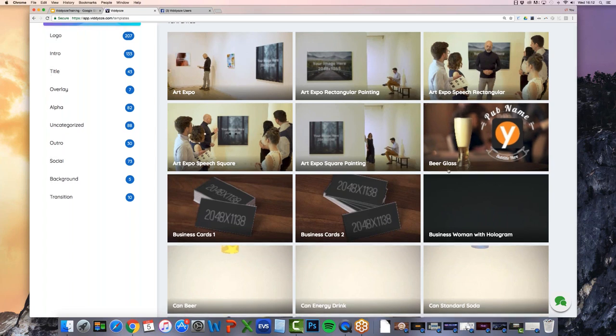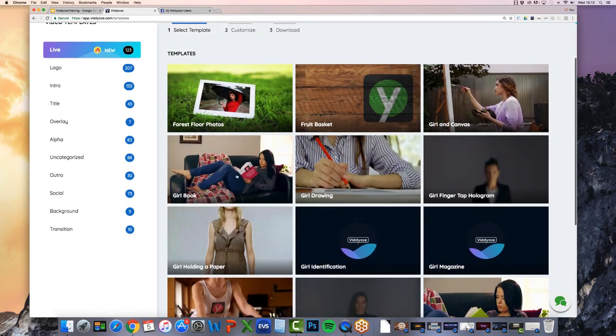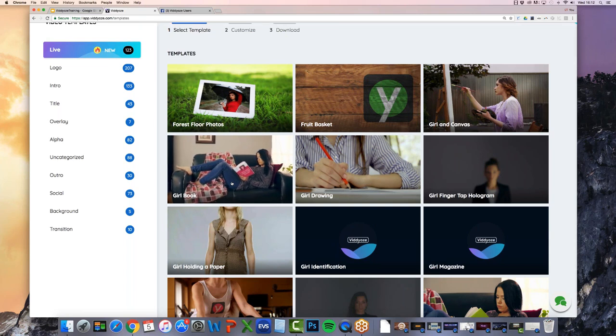The same goes with, you might be doing a video for, I don't know, an app company that wants to promote their app, or you may have an app you want to promote, and you can use some of the templates such as, put your images and the app images onto the actual laptop here, or we've got phone ones, we've got all sorts of stuff as we go through here. You might have a book you want to promote, or you might have a client that has a book. You can use templates to make it look like this particular lady here is reading your client's book or your book. And you can splice these into your videos or just use them as one-off animations.